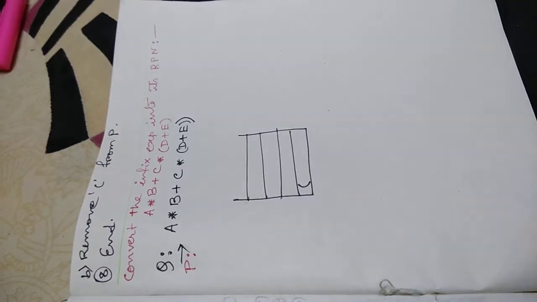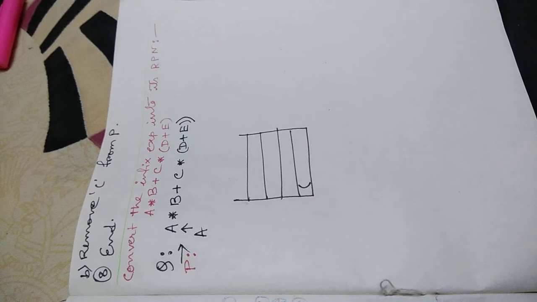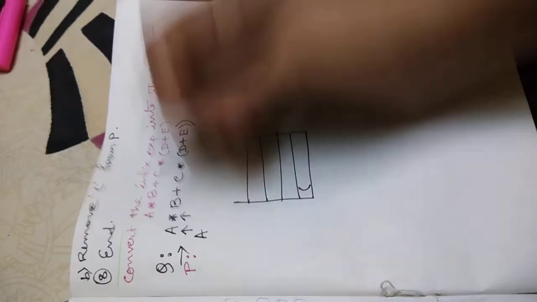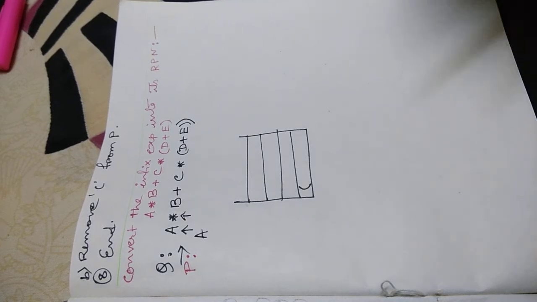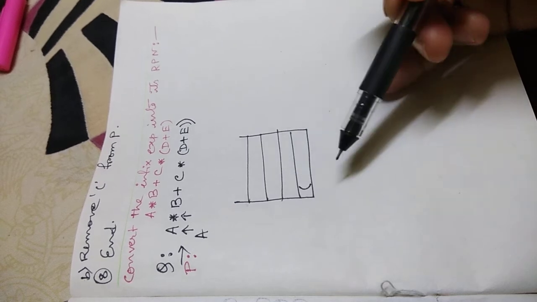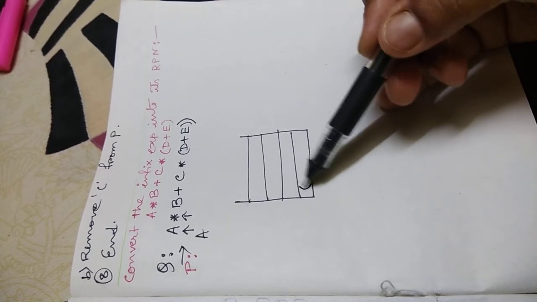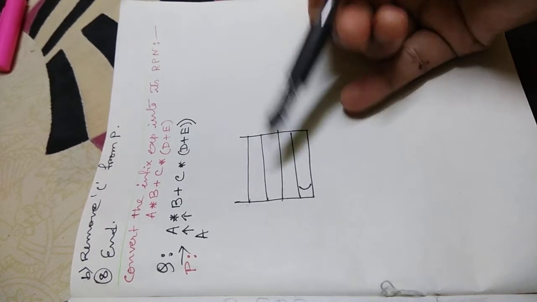Okay. So what is encountered first? A is encountered first. It is an operand. So if an operand is encountered, we have to write it down where? At P. Next, what is encountered? It is an operator. Now, if an operator is encountered, we have to check whether the top of the stack has an operator or not. No, this is not an operator. Opening parenthesis is not an operator. So we have to push it onto the top of the stack.